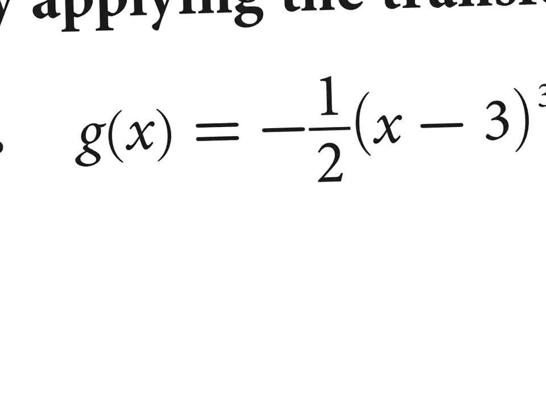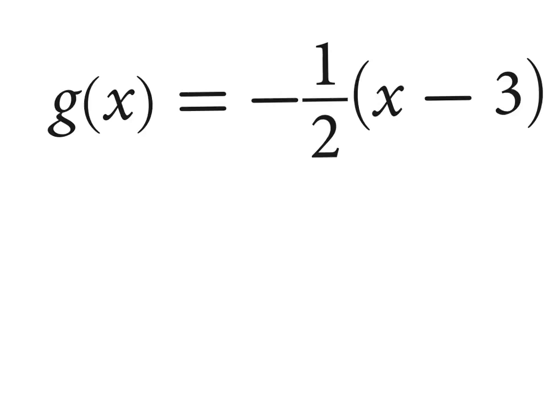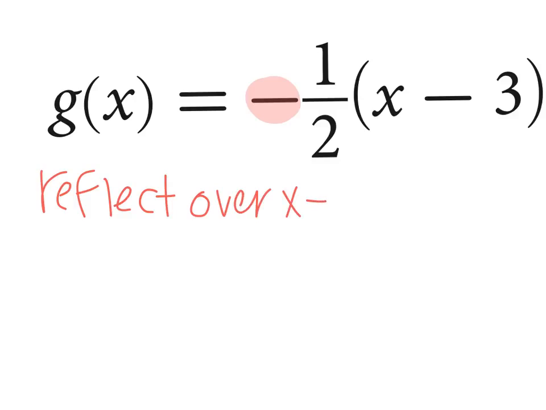So let's start by describing our transformations. What is this negative sign going to do to the graph? Reflect it over the x-axis. How do we know it reflects over the x-axis and not the y-axis? It's outside. Okay, so if you imagine you're taking something that's above the x-axis and reflecting it over